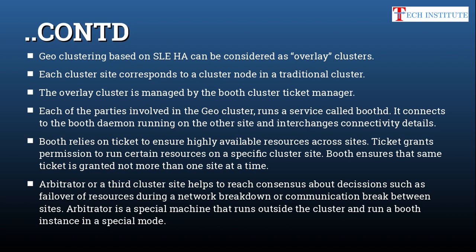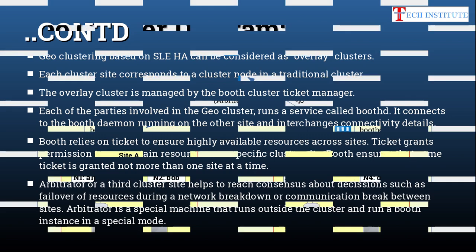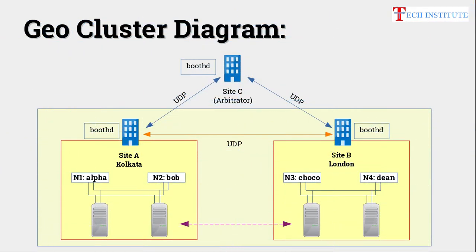Like suppose London is down, so he has to manually move all the resources from the London side to the Kolkata side. That will not happen automatically if you don't have an arbitrator. So this is a diagram. As I was telling you, your site C, that is the arbitrator, is outside your cluster. So your cluster is formed of site A Kolkata and site B London. Again, you can see each site has two nodes which form one local cluster, and then they are